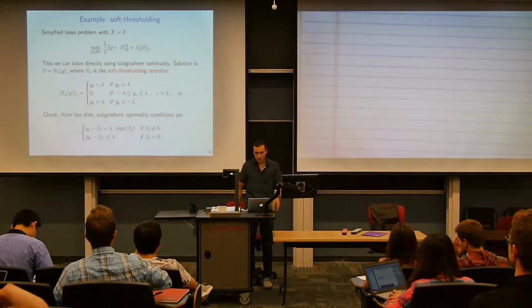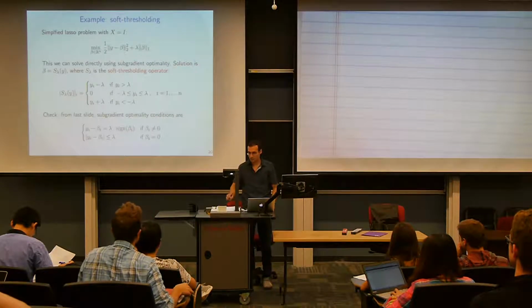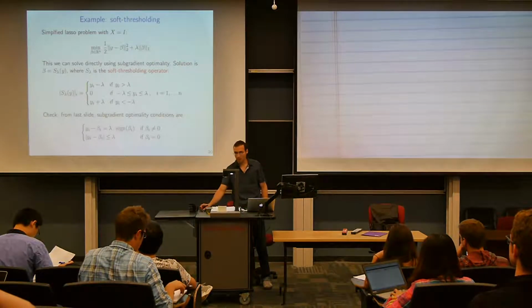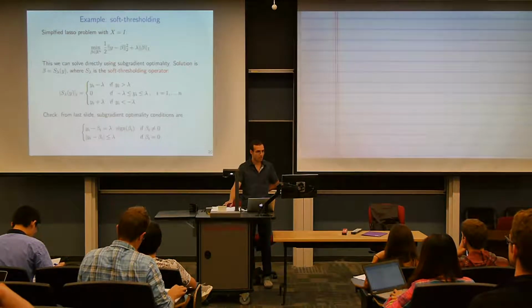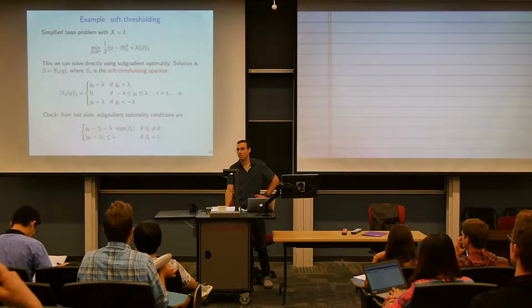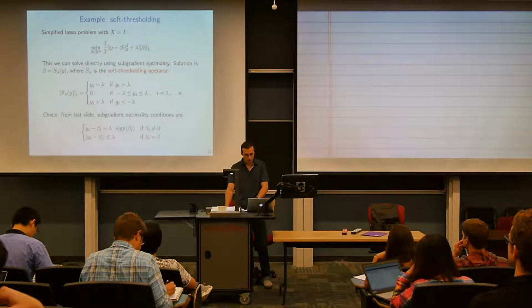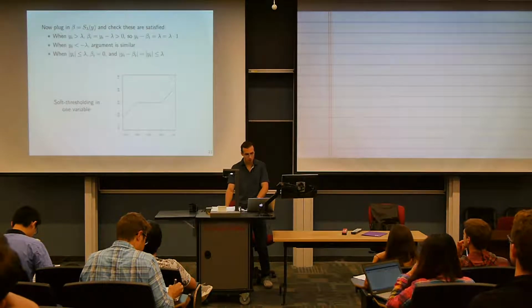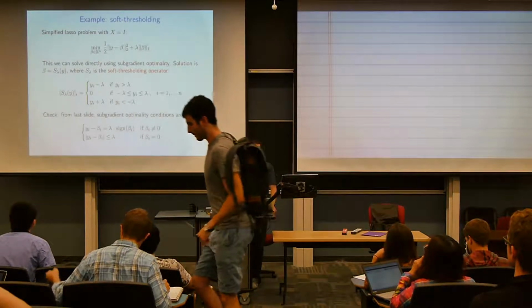So last time we learned subgradients, a topic that's maybe not the most exciting of topics in this course, but it's super fundamental. You guys will thank me later in the course when you see subgradients popping up everywhere for going over this carefully. So I wanted to go over an example of how we used the subgradient optimality condition we learned last time, and then we're going to jump today into the subgradient method